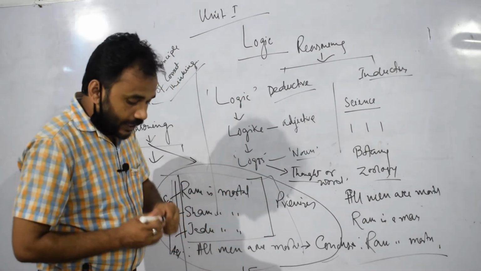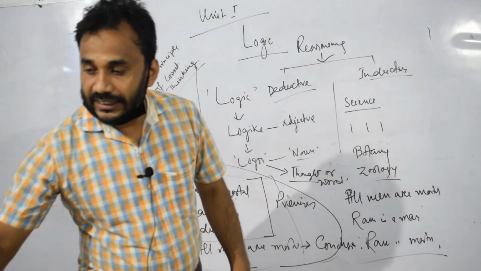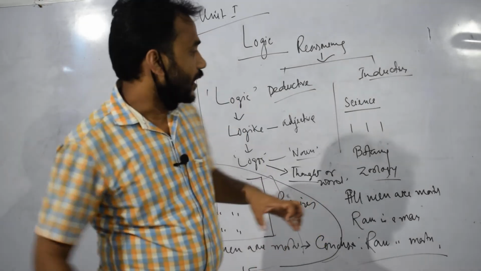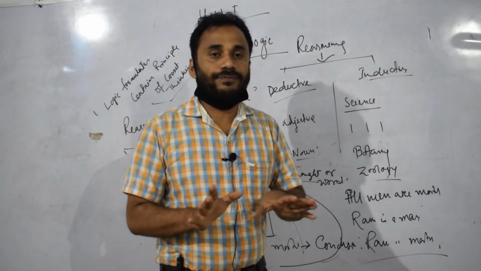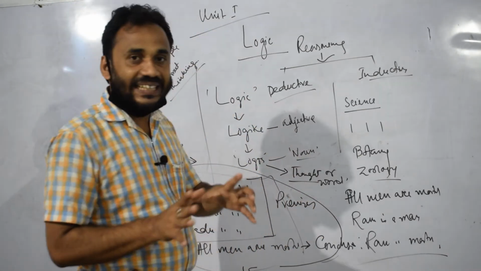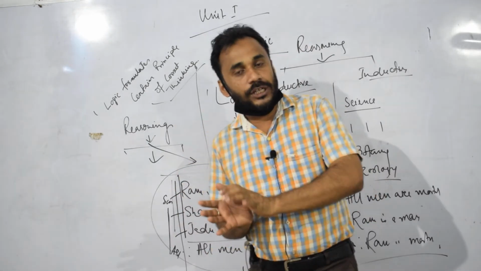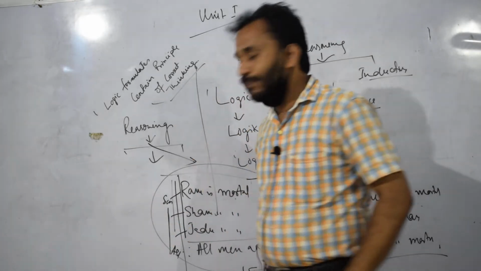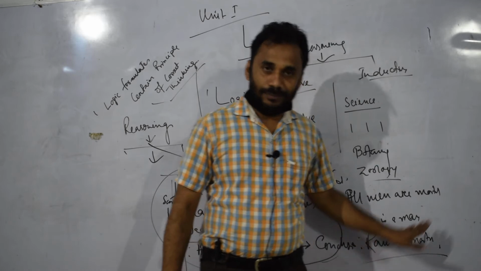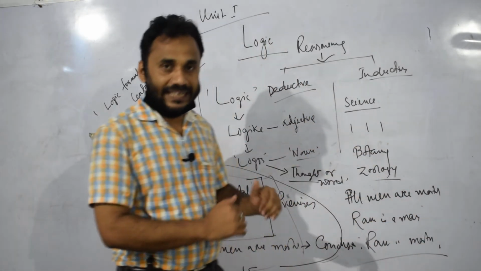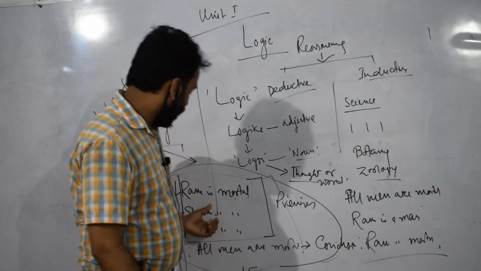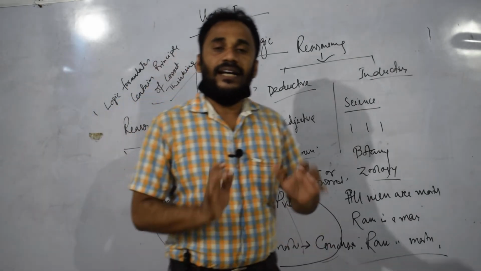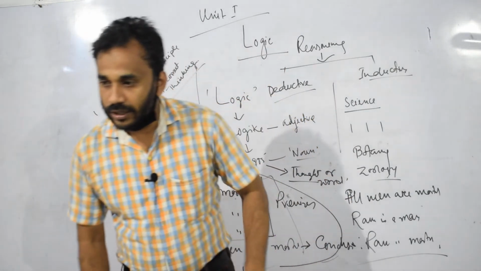So here one thing keep in mind, that reasoning or inference is the subject matter of logic. So reasoning is a mental process where we proceed from something known to something unknown. So for example, all men are mortal, Ram is a man, therefore Ram is mortal. Again, in inductive inference, Ram is mortal, Sham is mortal, Jadu is mortal, therefore all men are mortal. This inference, that means reasoning, is the main subject matter of